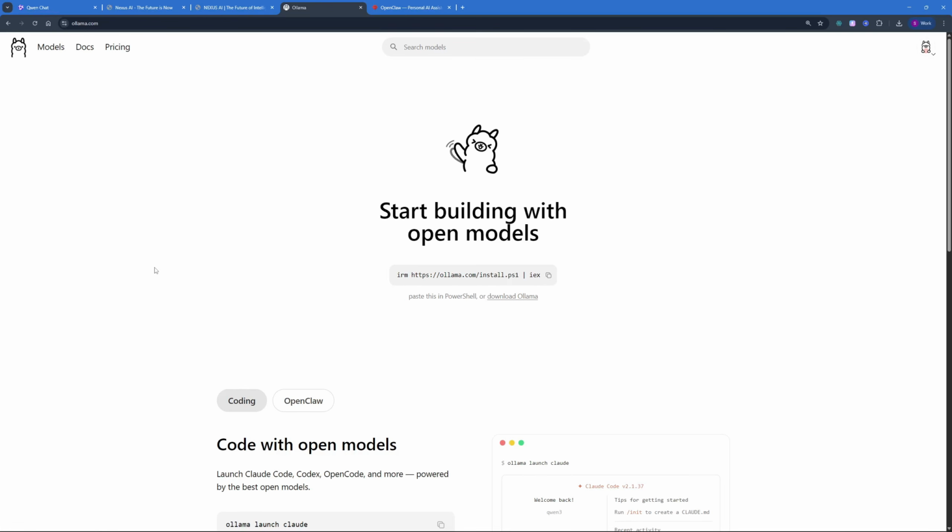So first off, what you need to do is you need to head to ollama.com and you have to install Ollama locally for your computer. You can download Ollama by clicking here, or you can just copy and paste this inside your terminal. Also, you have to log in with Ollama so that you have a specific free quota of models that you can run. Now, once you're done with setting up your Ollama, what you need to do is head to the Models tab right over here,